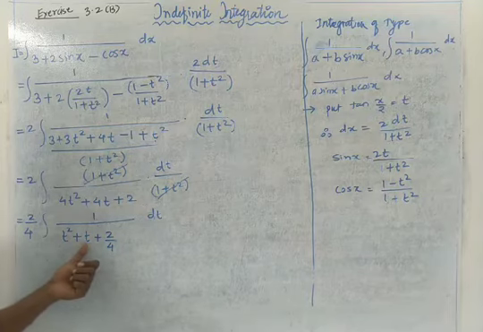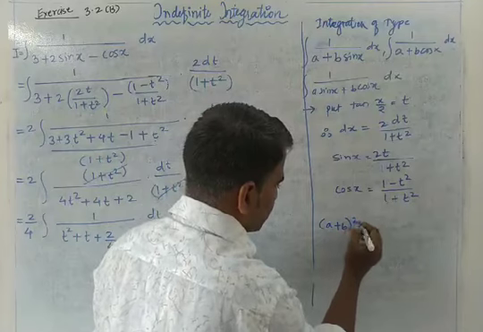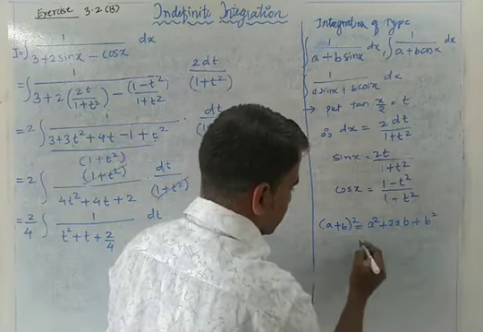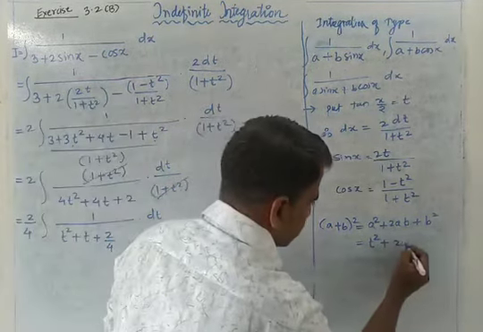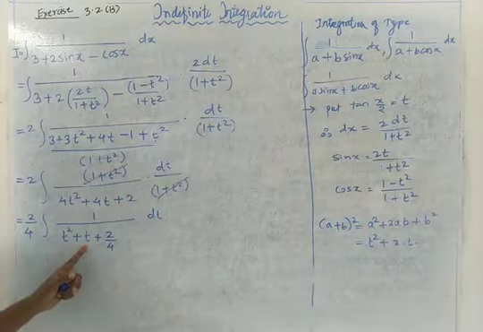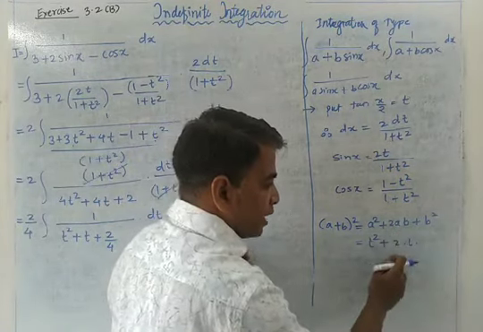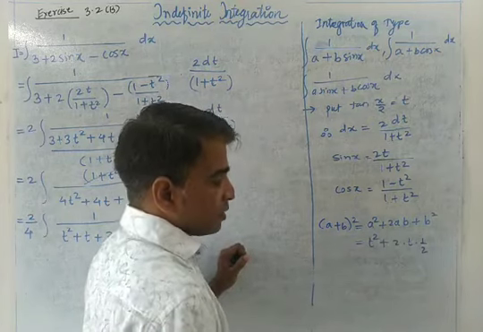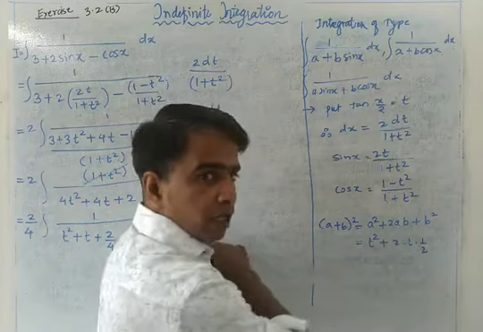Now check the variable terms, t square and plus t. It means the second term is positive. If the second term is positive, we are going to use the a plus b bracket square formula, so a square plus 2ab plus b square. Now here we have the first term a square as t square. So with respect to that we will get 2 into t. But we want the middle term as t, and we have 2t. So how will 2t become t? When we divide this part with half, then multiply with the half. It means this 2 and 2 get cancelled, plus t will remain with respect to our adjustment.